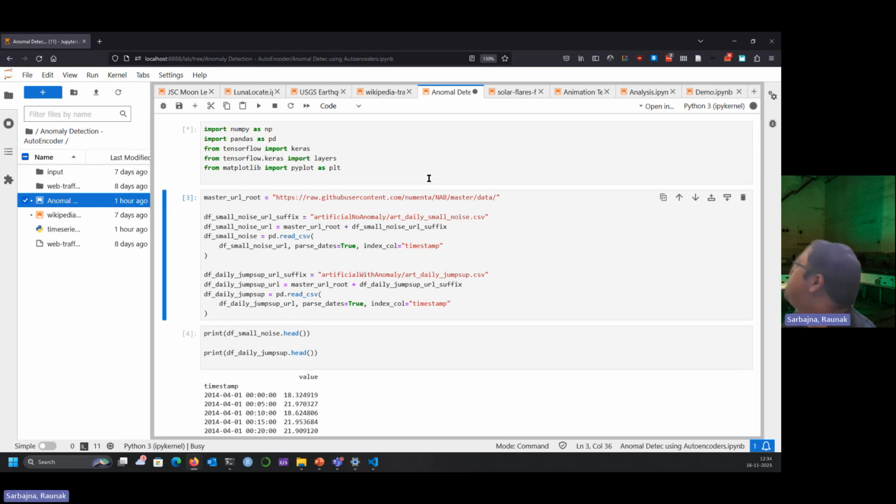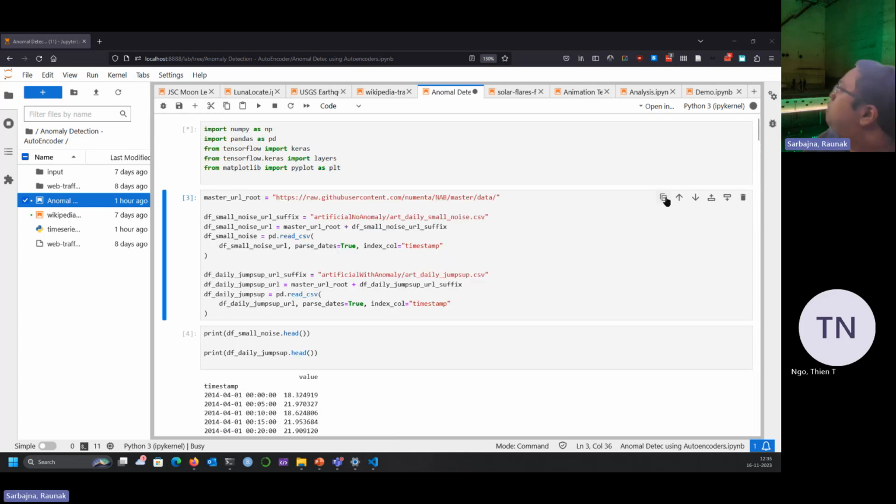So you can see that this is using TensorFlow. If this is not visible, let me zoom in. Wait, Ctrl-scroll does not zoom in. Okay, can you read this at the back? Okay, that's cool. So this script essentially demonstrates how you can use a reconstruction convolutional autoencoder model to detect anomalies